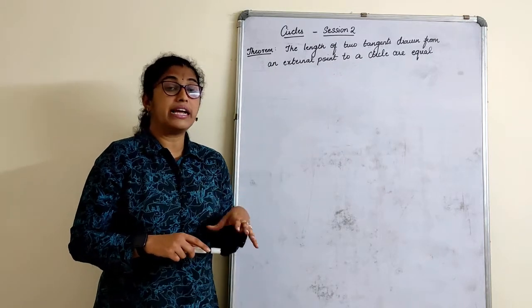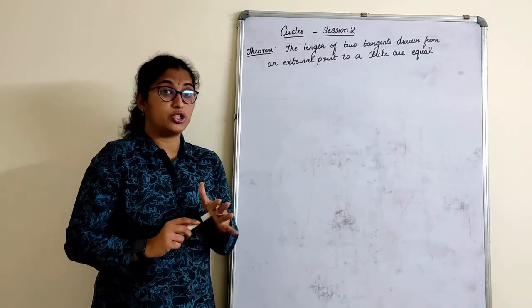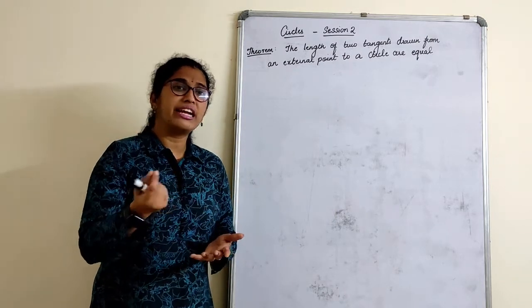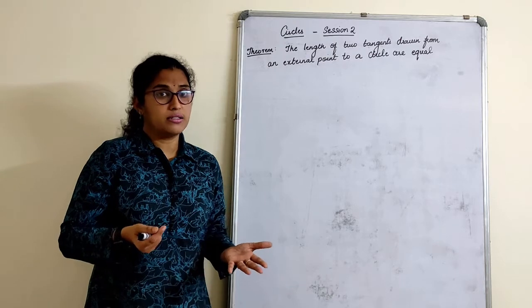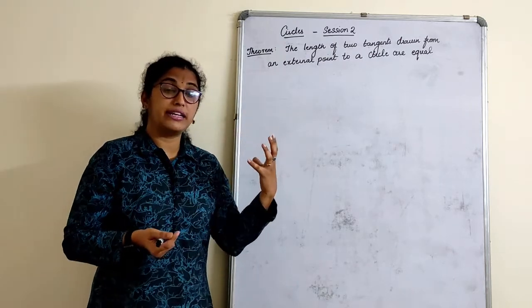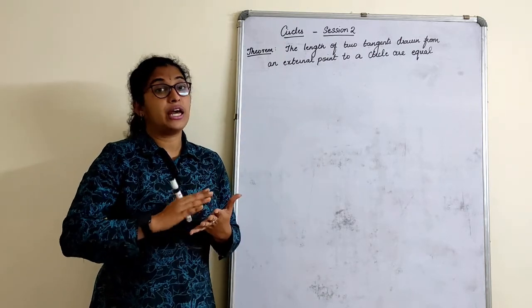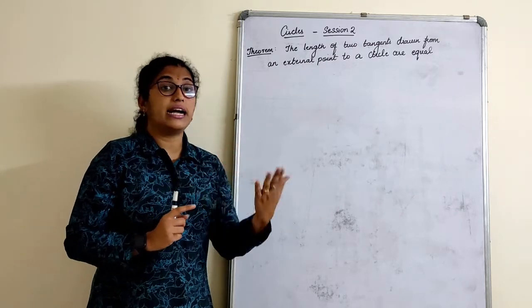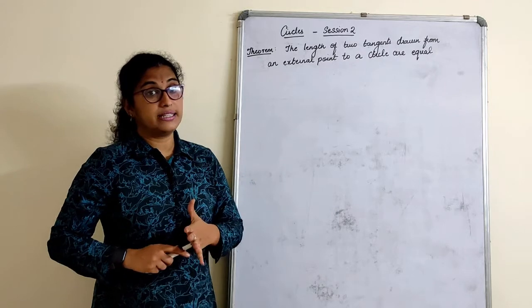Number of common tangents given to a circle. Common tangents, when we talk about them, not only tangents. We know that an infinite number of tangents can be drawn to a circle. But when we talk about the common tangents of two circles, if they are intersecting, non-intersecting, touching each other internally and externally, we studied that yesterday.